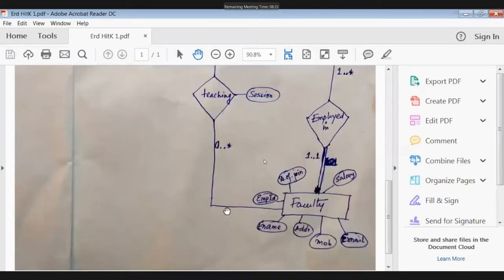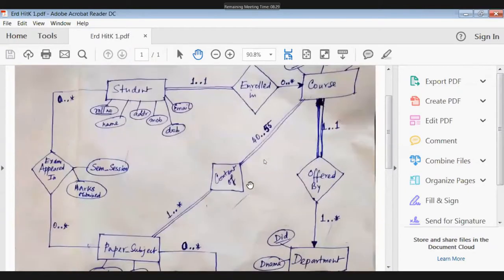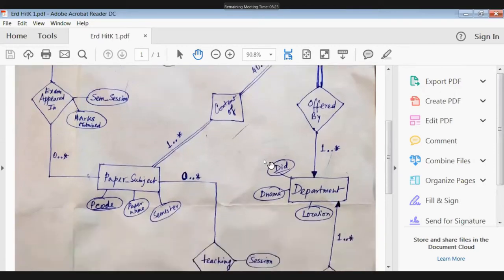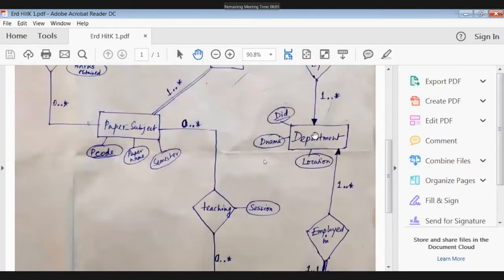So this was roughly a diagram I have made, but you can obviously change this one, and you can modify this one, and you can send me another one. I will give you the assignment so that you are able to modify it. Let me show you one more thing very fast. I can add a weak entity set here. Can anybody tell me what weak entity set I can add here in this diagram?